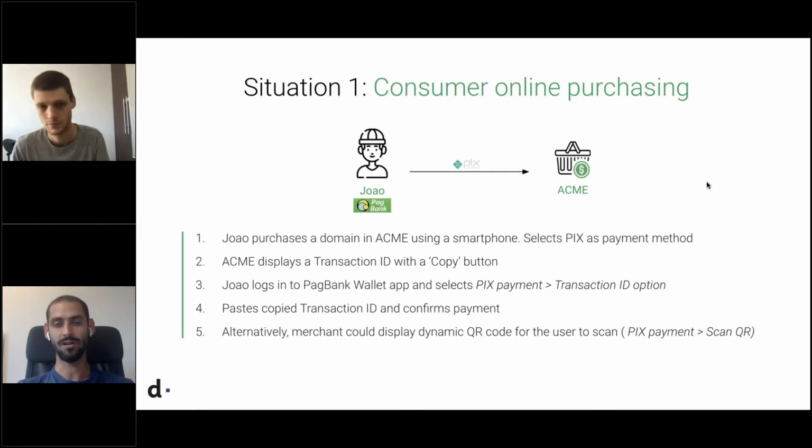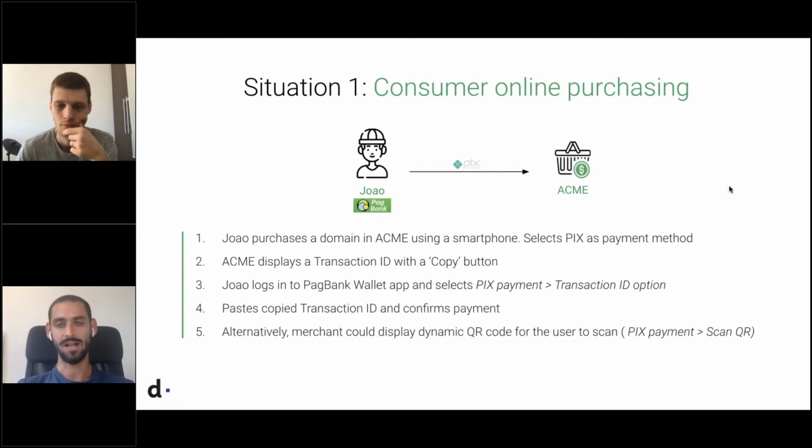This will trigger the transaction, through his bank or his wallet, into the PIX system, into the central bank, and then back through the processor that this merchant is using, in order to get instant confirmation of the payment,